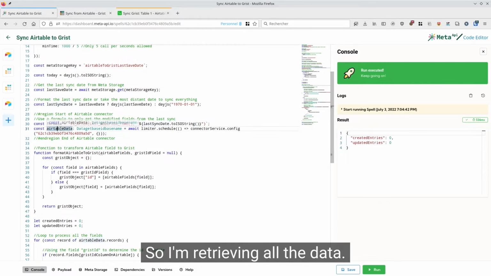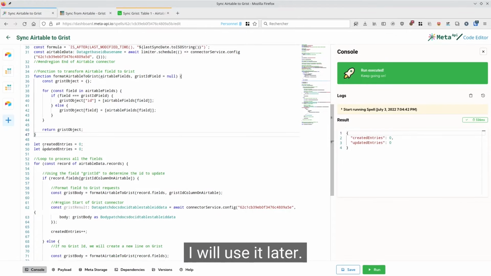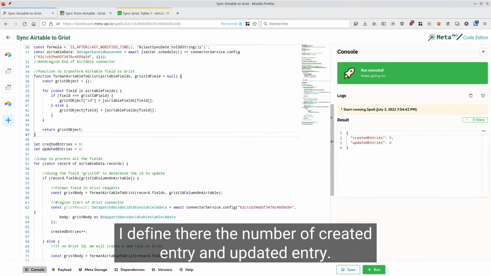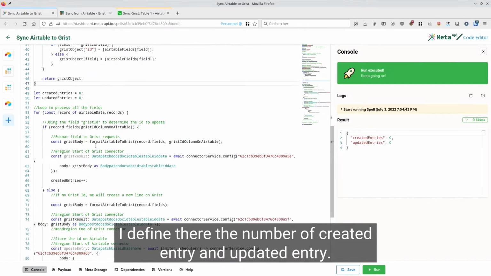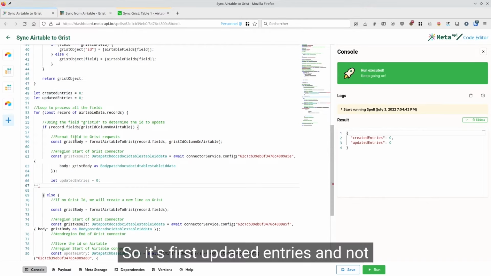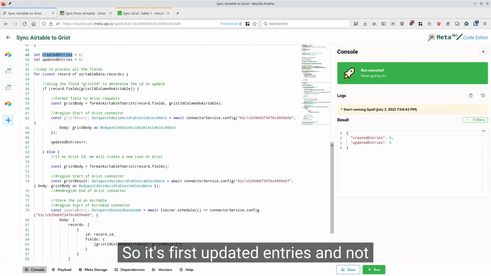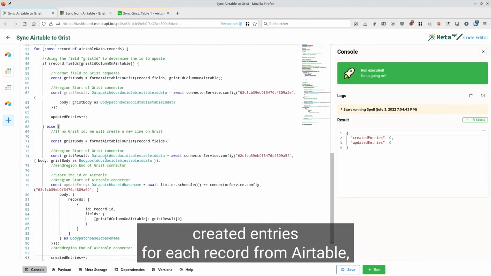So I'm retrieving all the data. I have defined a function to convert an Airtable result to a Grist body. I will use it later. I define there the number of created entries and updated entries. So for each record from Airtable,